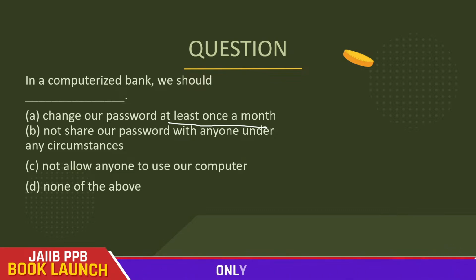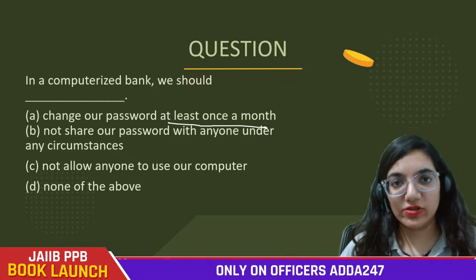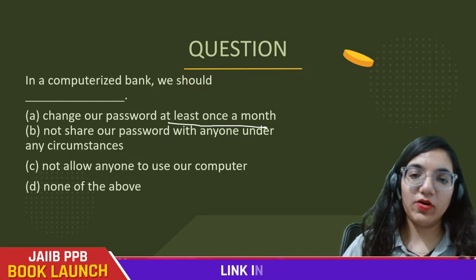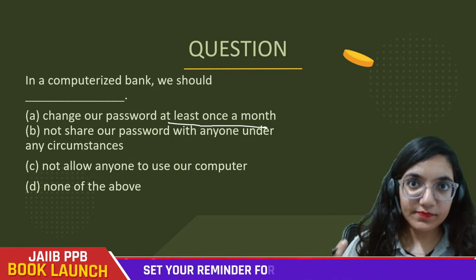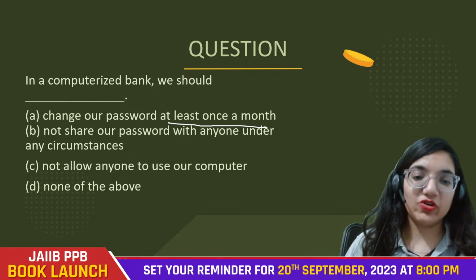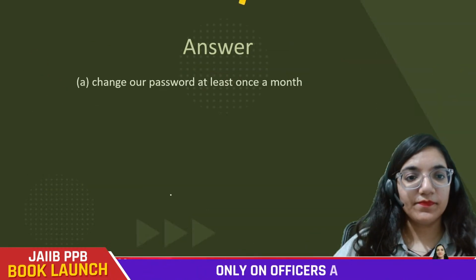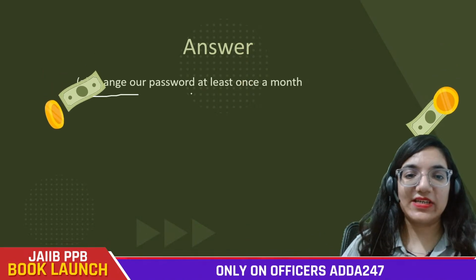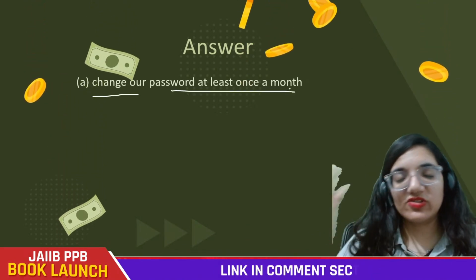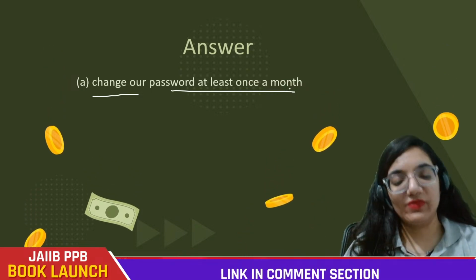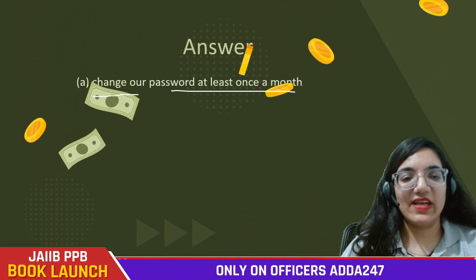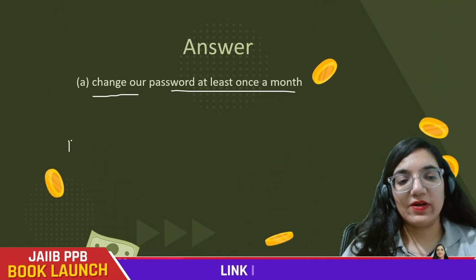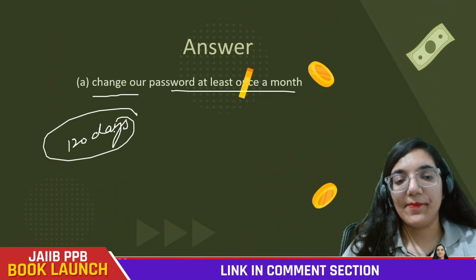I think it depends from bank to bank, even organization to organization, right? Be it your Gmail or your accounting details, whatever there is, you should always keep on changing it to avoid any kind of security based threat there. That is, change our password at least once a month. Mostly organizations also do this when we have Gmail accounts attached with it, or we have our accounts in terms of mails there. They ask you to do this. Normally, even the app itself gets refreshed after 120 days. They would want the change of PIN, right?